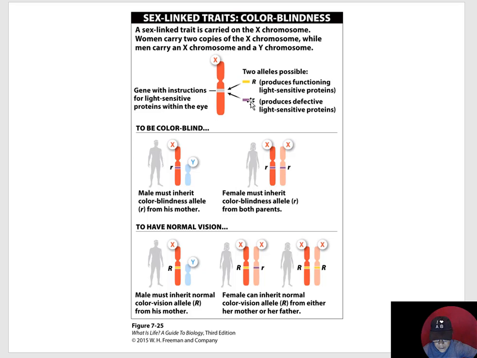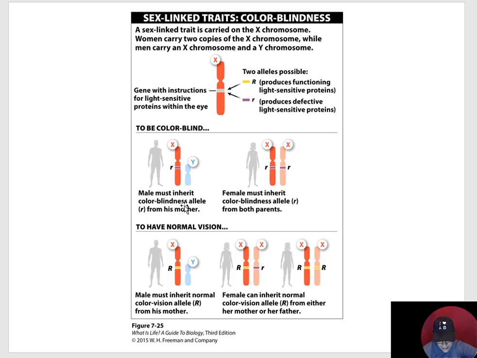So we have uppercase R and lowercase r, and two alleles are possible, right? We're looking here at our X gene. If you have the uppercase R, then this produces functioning light-sensitive proteins. If you have lowercase r, this is going to produce defective light-sensitive proteins. Now, this is how color blindness actually occurs. In order to be colorblind,